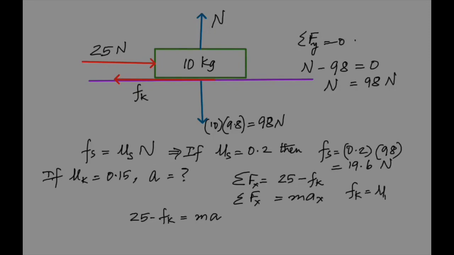Do we know kinetic friction? Yes, we know. It's given by mu k times N. Mu k is 0.15 and N is 98. So from those two numbers, you get kinetic friction as 14.7 newtons. So take that and plug it in here into this equation. And then the mass of the object is 10 kilogram. So 10 times A. And then solve that equation. And you would get